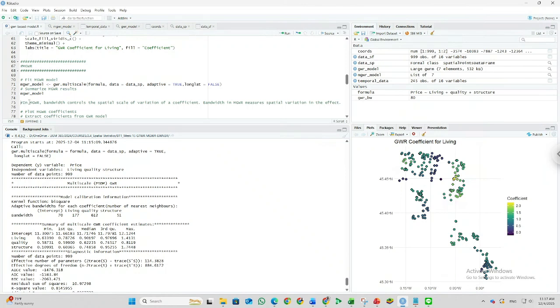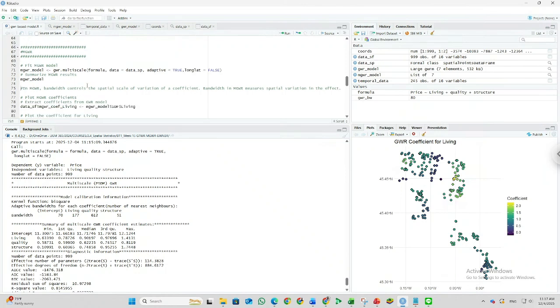Okay, in MGWR, bandwidth controls the spatial scale of variation of a coefficient. Bandwidth in MGWR measures spatial variation in the effect. So that means a high bandwidth varies more slowly across the study area.